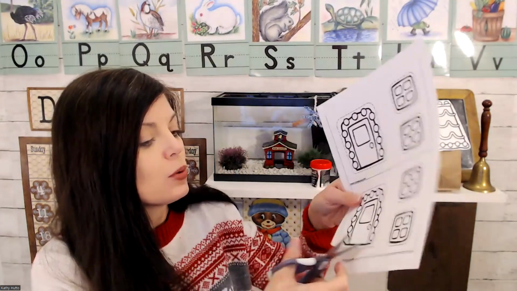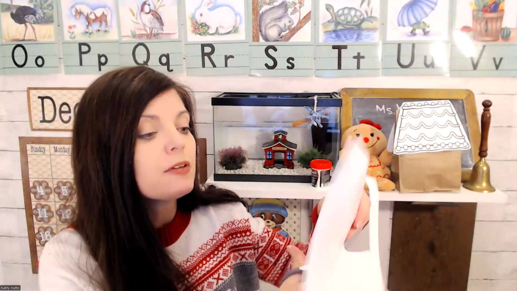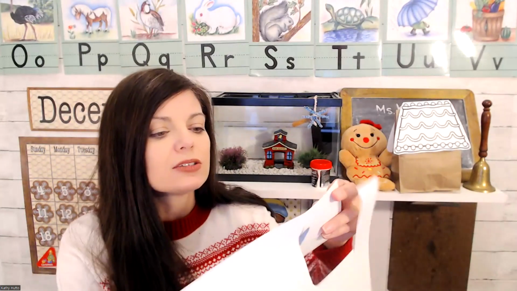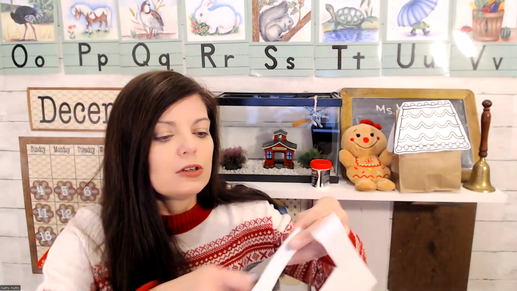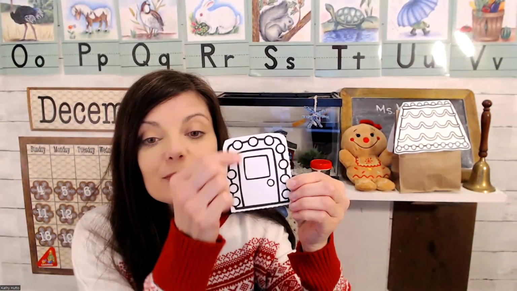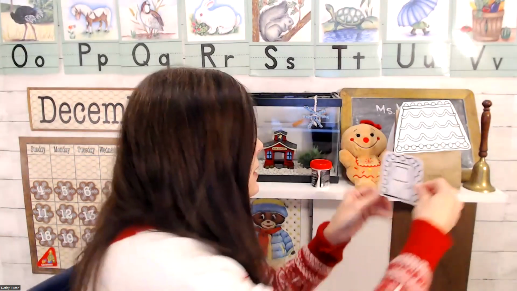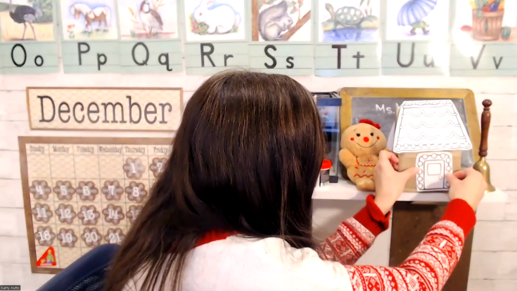Just cut out the door. Remember, again, color it before you glue it onto the house so it'll be a lot easier. You can make this really super colorful. Look at all those dots. You can make all the dots a different color. You can make them red and green, just however you want to do it. So I'm going to put the little door right here.